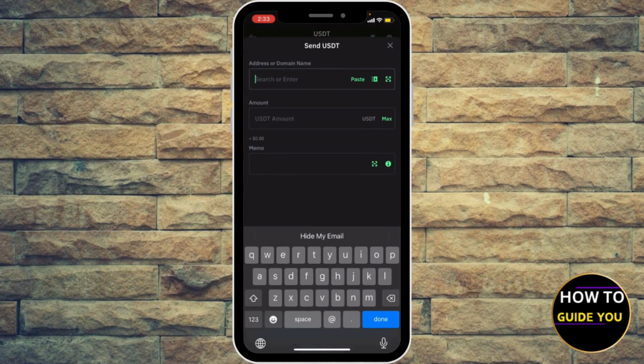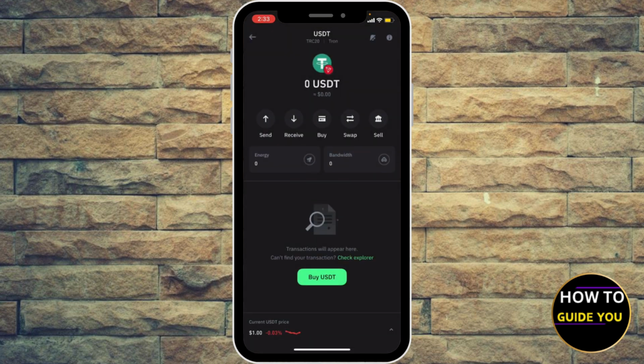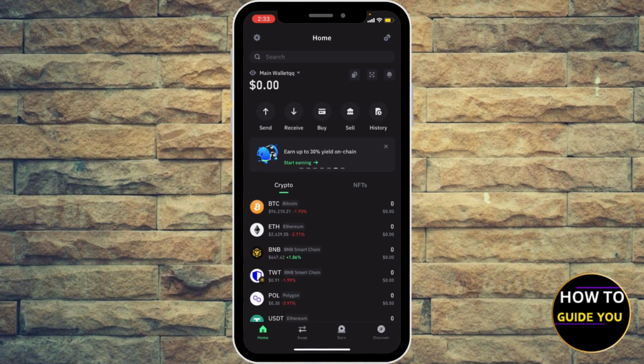So I'm gonna hit send, right? And obviously you're gonna enter the address or domain name for the Tron or Arbitrum, okay? And then the amount of USDT. And if you want to add a memo, you can just go ahead and add memo and hit next to verify the address, and then basically wait for a notification from whatever app